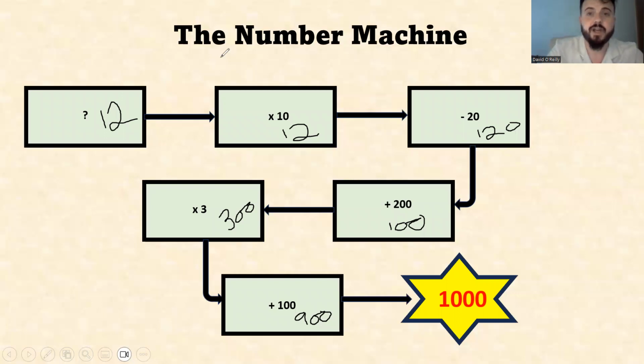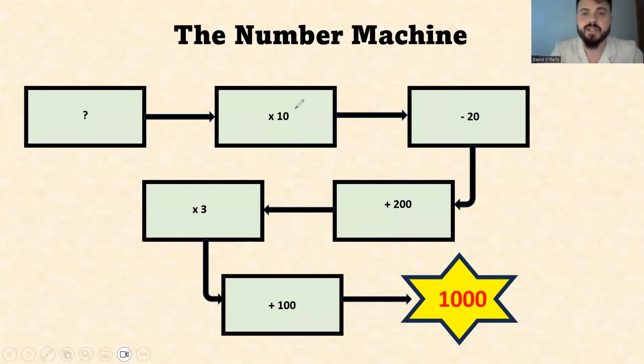Let's check it. So 12 times 10 is 120, minus 20 is 100, 100 plus 200 is 300, 300 times 3 is 900, 900 plus 100 is 1,000. I'm correct. Now, remember,